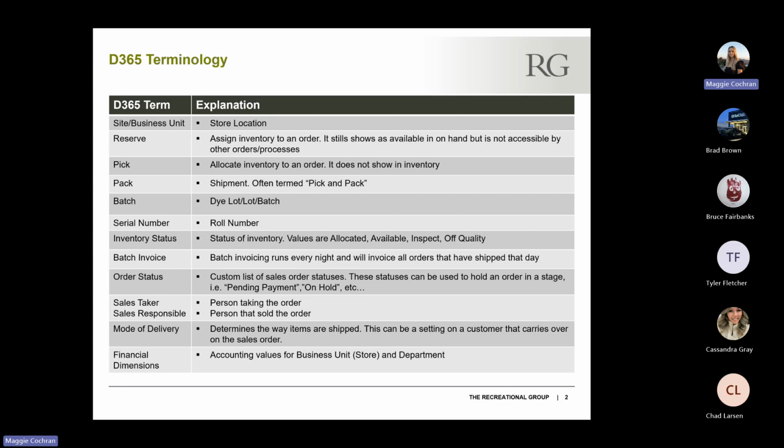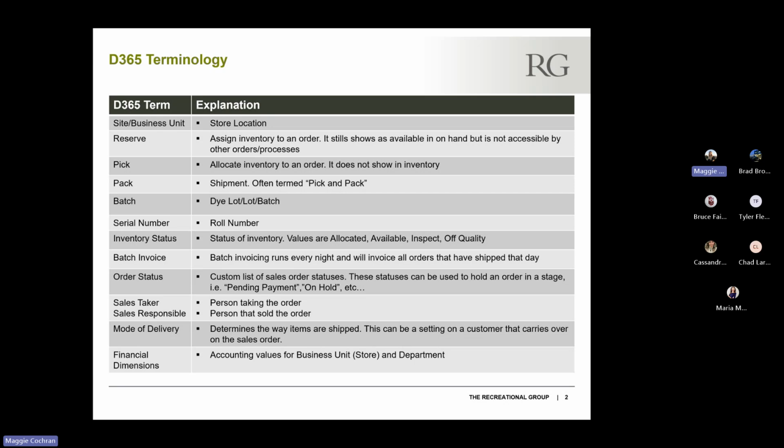Whenever you assign a roll number to a cut, let's say it's a 15 by 10, 150 square feet, we reserve or block on hold 150 square feet of that roll so that nobody can cut the whole roll up or assign the whole square footage of the roll. Now you'll notice, and that's a good question, when we're talking about reserve and pick and pack, I skipped over pack, I'll go back to it. But reserve and pick,